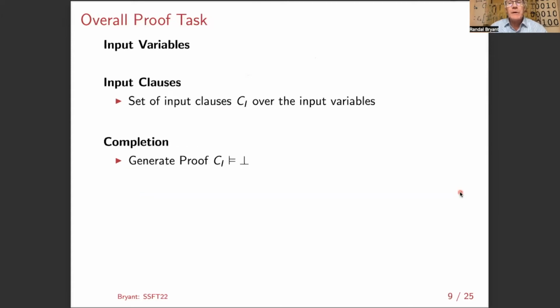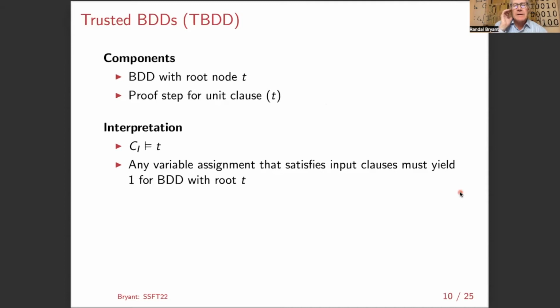And now we can put all this together to create our desired end goal, which is, given a set of clauses, produce a proof of unsatisfiability. And the key component of this is something I'll call trusted BDDs, or TBDD. And the idea is this is both a BDD with a root node of T and also a proof of the unit clause T, where now in the second case T is the extension variable that's associated with the BDD